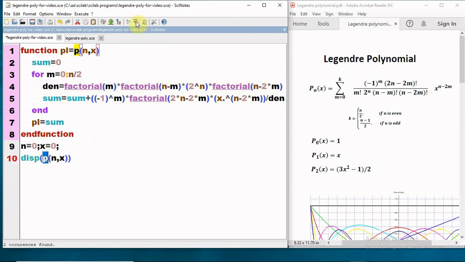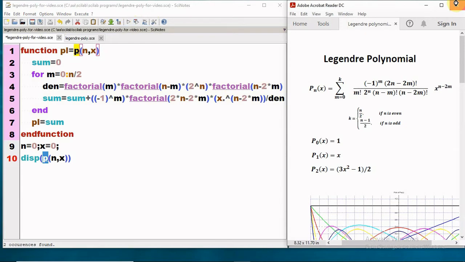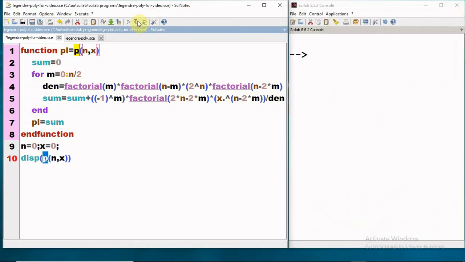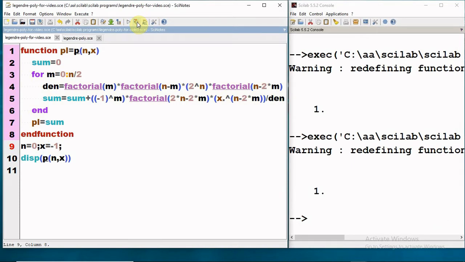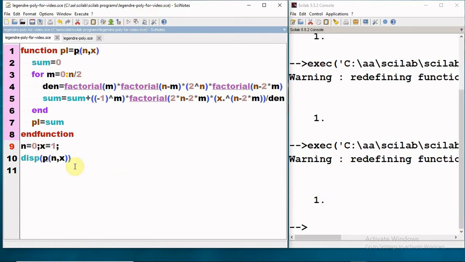Let us execute it and see what we get. We get one value because p naught x is 1. Now if n is 0, then whatever the value of x, we should get the value of the Legendre polynomial as 1. So again we are getting 1. If I change this x value, again we are getting 1.